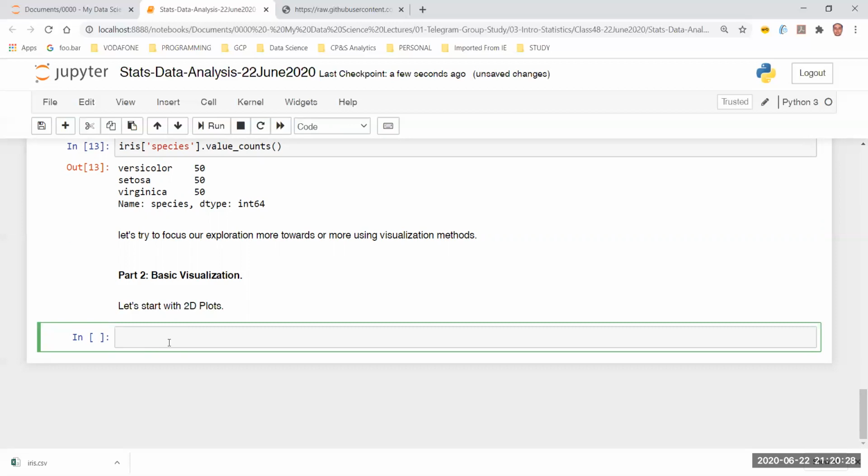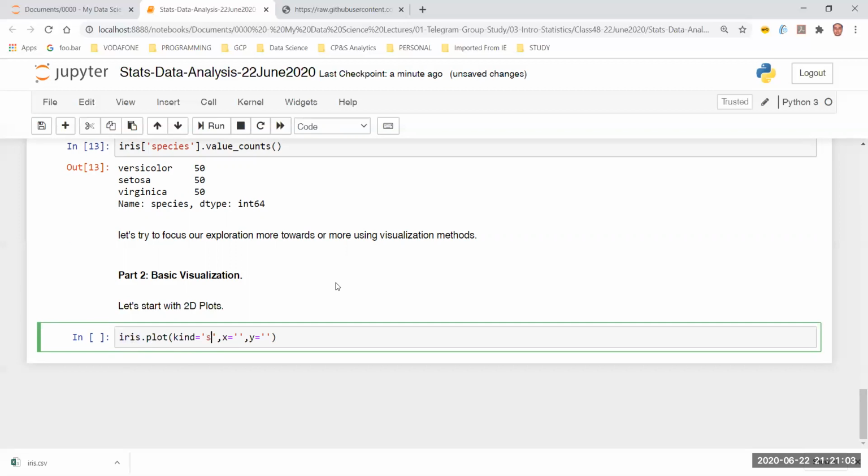So rather than using matplotlib, I can also do it directly using the data frame, which is something like iris dot, and then I simply say plot. I'm not going to define what kind of plot it is by the name of the function, but I'm going to do it inside the function. So in the function call itself, I'm going to pass 3 parameters: kind, and then what my x is going to be and what my y is going to be. X is the value on the x-axis, y is the value on the y-axis. I don't have to specify the data. Data is already specified over here.